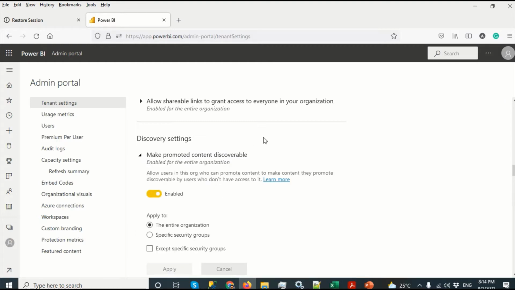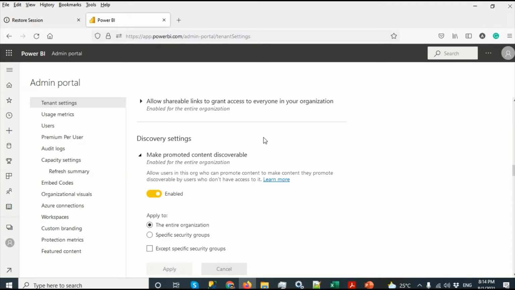Now, discovery settings. In Power BI, you can have content which is certified, which is discoverable. Make promoted content discoverable: this allows users in the organization to promote content and make it discoverable by users who don't have access. So who are the users who can create that content, who can promote the content? I think this should be a selective set of users to whom you give permission.